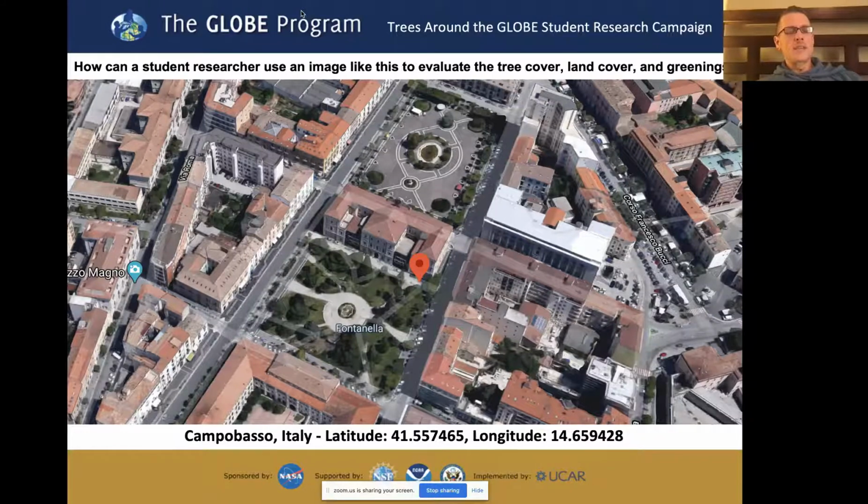What you're looking at here is this town center called Campobasso, Italy. The red arrow that you see there is the location of one of the trees that was measured by some citizen scientists using the NASA GLOBE Observer Trees tool. But before we get into that, just think about this. You don't have to answer. You can put it in the chat, and if you want to talk amongst yourselves in the chat,